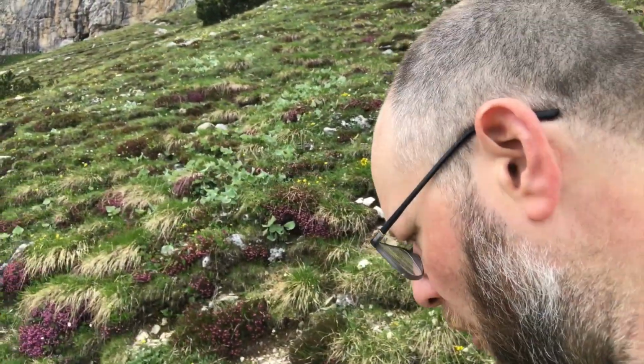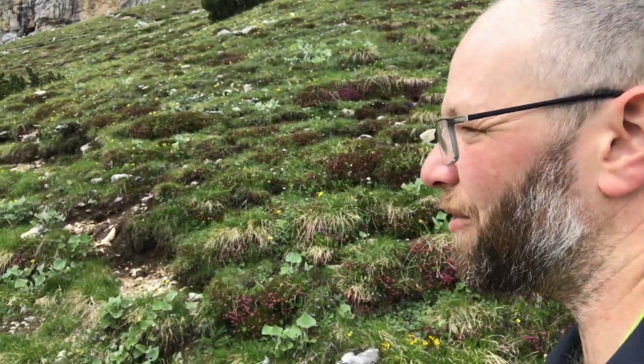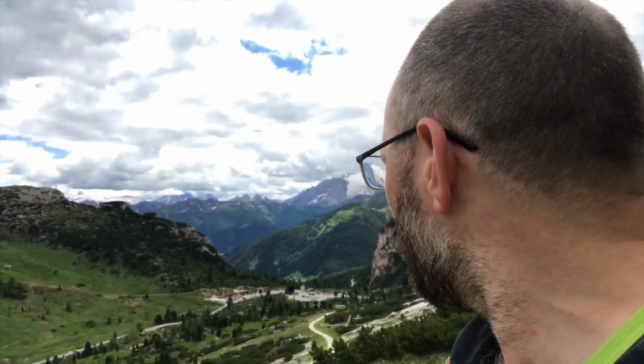Now unfortunately Monte isn't allowed in that Rifugio, so he's been left with a really nice lady in Perca, Daniela, who is going to look after him tonight. Hopefully he won't terrorize her like he terrorizes us, and we're going to have a night off from the little bugger,